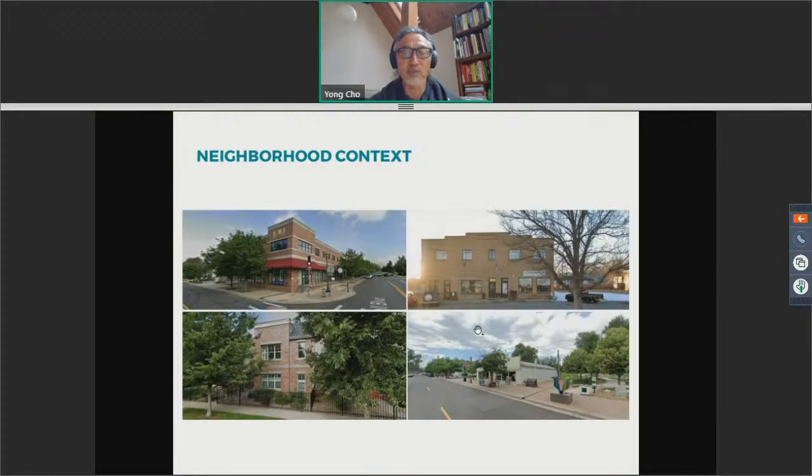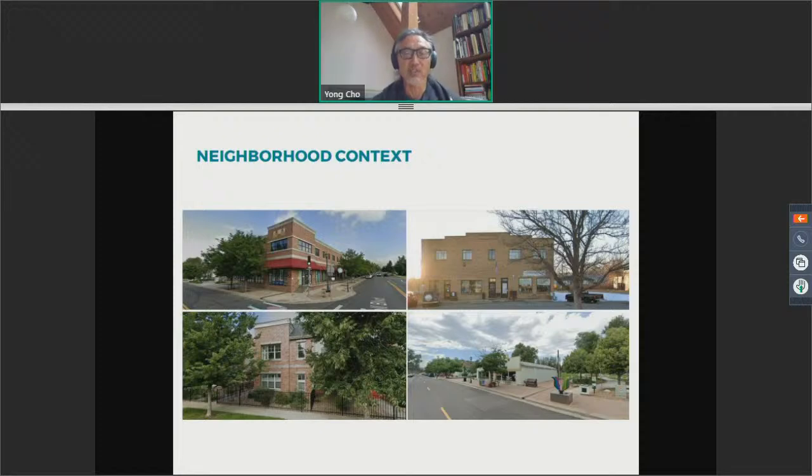And what we're really excited about is that we have this terrific context. We have existing buildings that have character. We have a neighborhood that is emerging. And I believe that we can work together to create an inspired district.